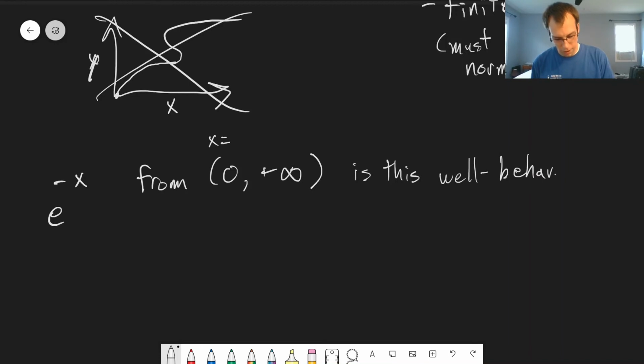I want you to go ahead and pause the video and take a chance to think about this. Maybe go ahead and plot this. If you don't have a graphing calculator, you can pull this up in Google. You can actually plot functions in Google, say plot e to the minus x from 0 to infinity. Another useful resource is wolframalpha.com. You can also do plots there. So, is this a well-behaved wave function? Go ahead and pause your video.